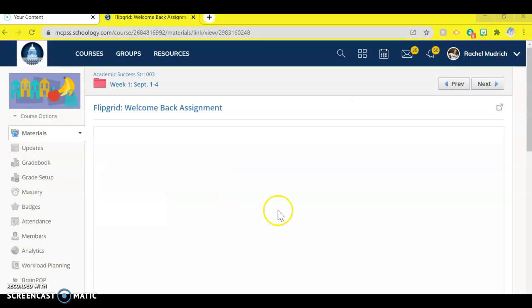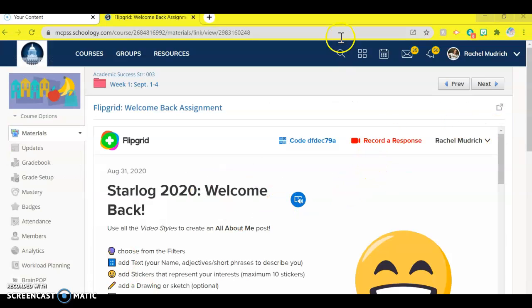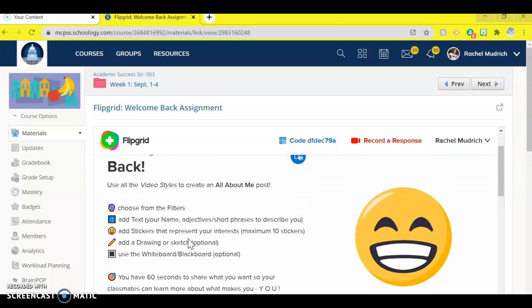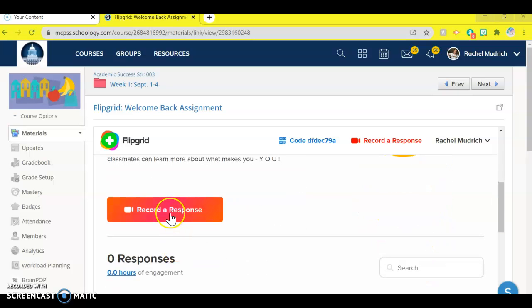This is embedded. And so yours may show up to where it's asking you to log in with Google or with Microsoft. Remember, if that notice happens, always choose to log in with Microsoft because that will allow you to remain on your school email and it won't default back to a personal Gmail that may be on the device that you are using. But let's say you click record a response